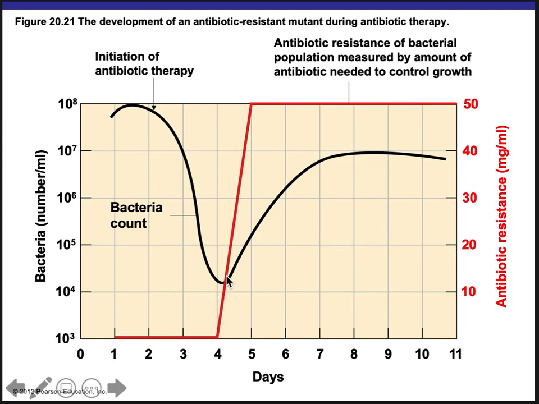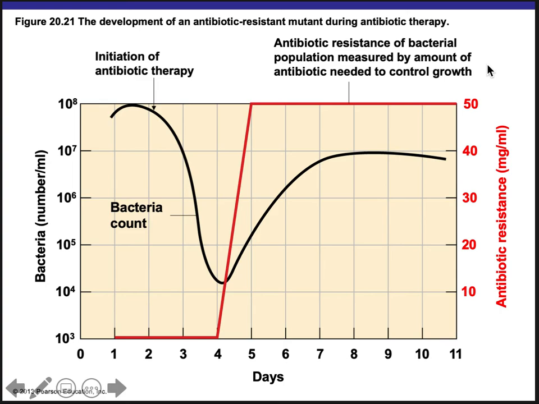Now, it's possible that these resistant bacteria are not the same bacteria that are causing your actual illness. So you may feel completely better and not have any consequence of this population. This could just be one of your normal flora that now are resistant. But if at some point in the future that group maybe is an opportunistic pathogen and you end up with an infection down the road, then it's going to be very difficult to treat because it's resistant.